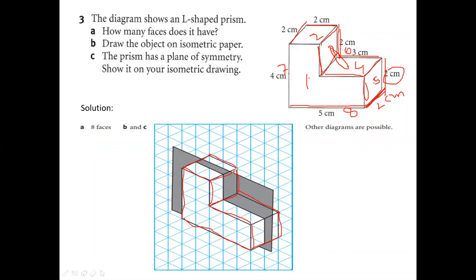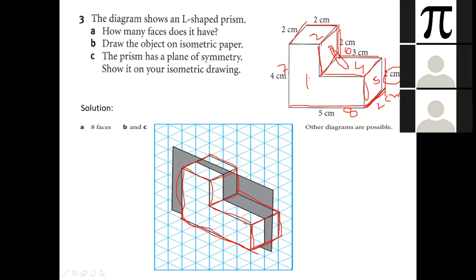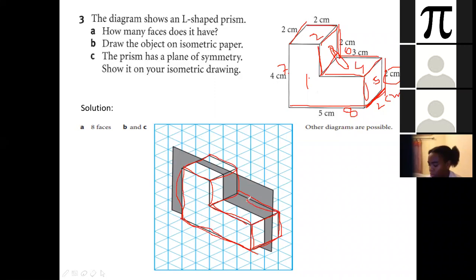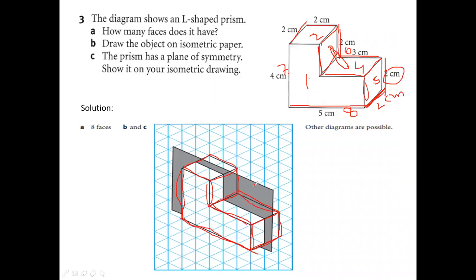Okay. According to the given measurements, you have to take the number of triangles. Okay, base of the triangles. First I have drawn 4. From the end point, I have drawn 5. From the end point, upside 2, then side again 2. Again 2. Join. Again 3. Join. 2. Here also 2 centimeters. Join it. Again 2 centimeters. Again 2 centimeters. Join this. Finally, the total figure is on isometric paper.